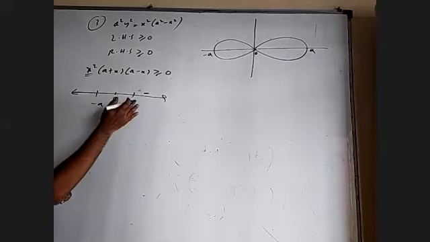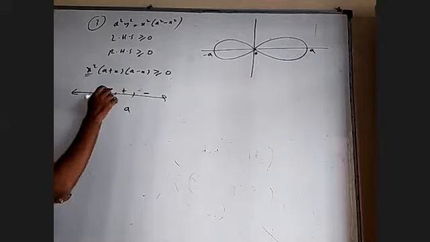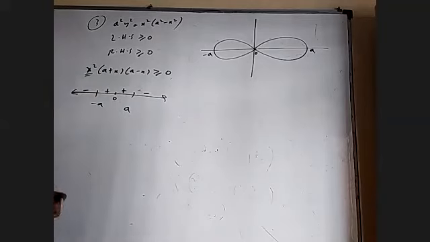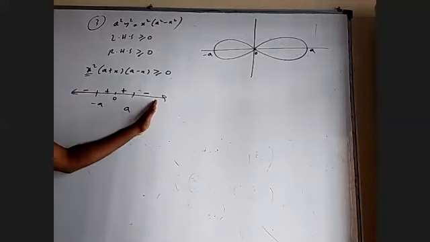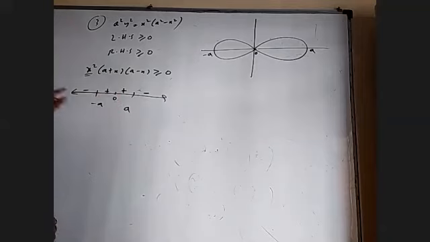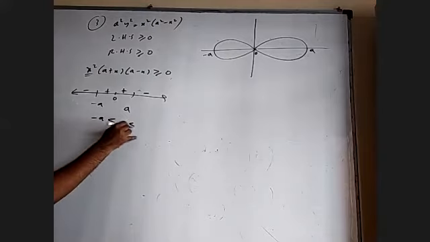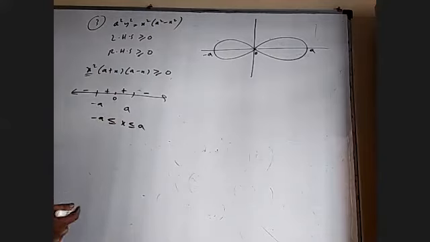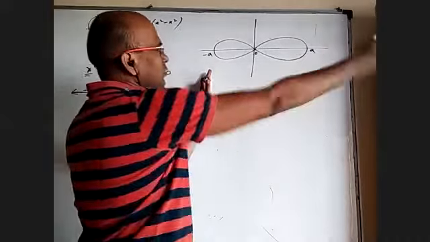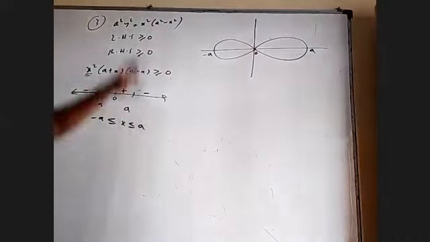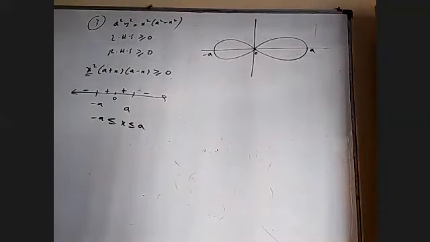It's always positive. But between minus a to a, everywhere positive. After a, it is negative; before minus a, negative. So basically x should be between, and the solution for this is minus a less than or equal to x less than or equal to a. So our graph is only between minus a to a. After a, before minus a, there cannot be any graph because this is negative, this is positive.